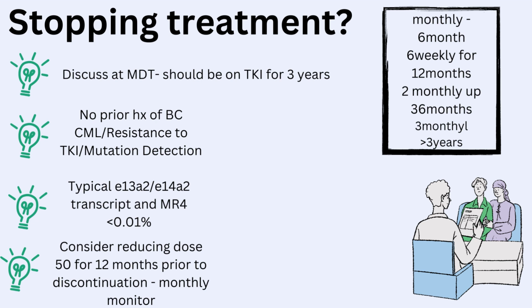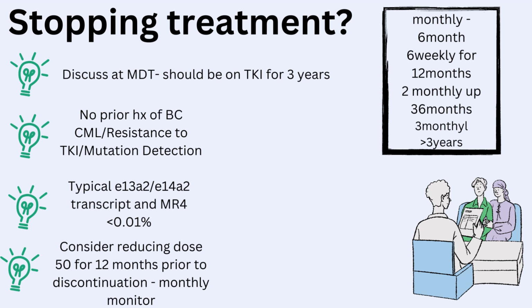That patient shouldn't have a prior history of blast crisis or any previous resistance to a TKI or previous detection of BCR-ABL kinase domain mutation. The patient should also have achieved deep molecular response at MR4 or 5 at the subsequent milestones. You should also consider reducing the dose of the TKI by 50% for at least a year prior to discontinuing,